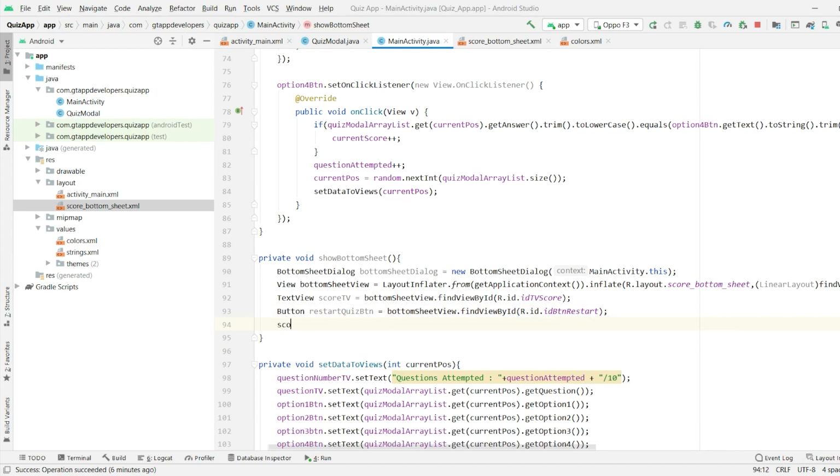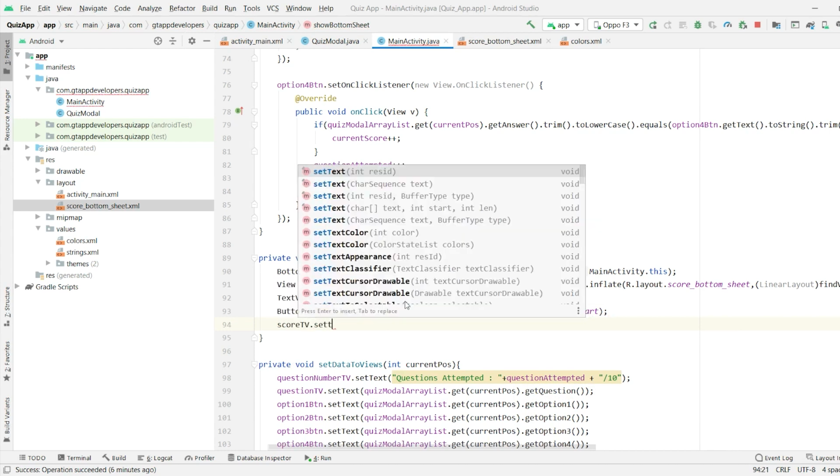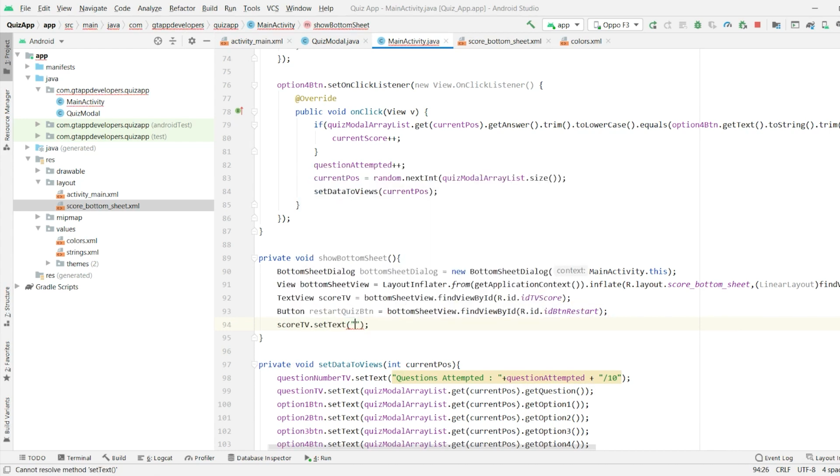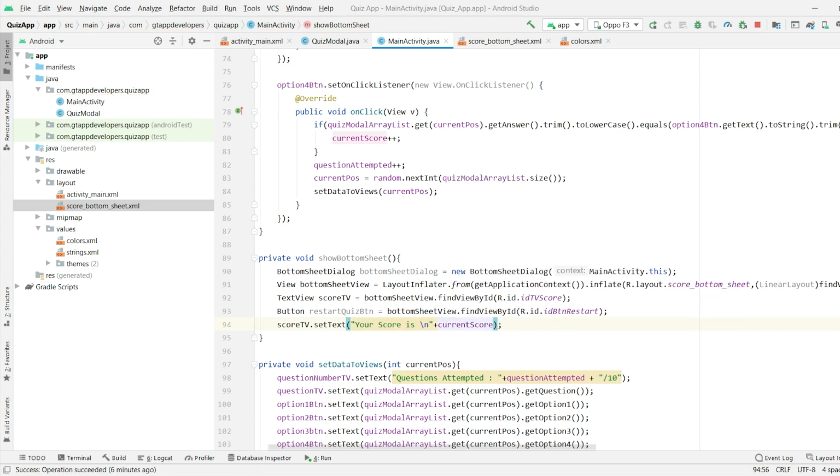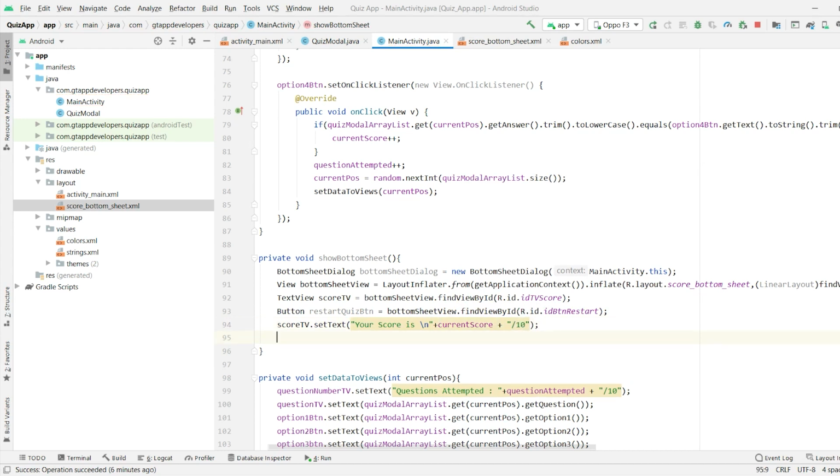Now we have to set our scoreTV dot setText, "Your score is", backslash n is for the new spacing. We will pass here the variable current score and "out of 10".